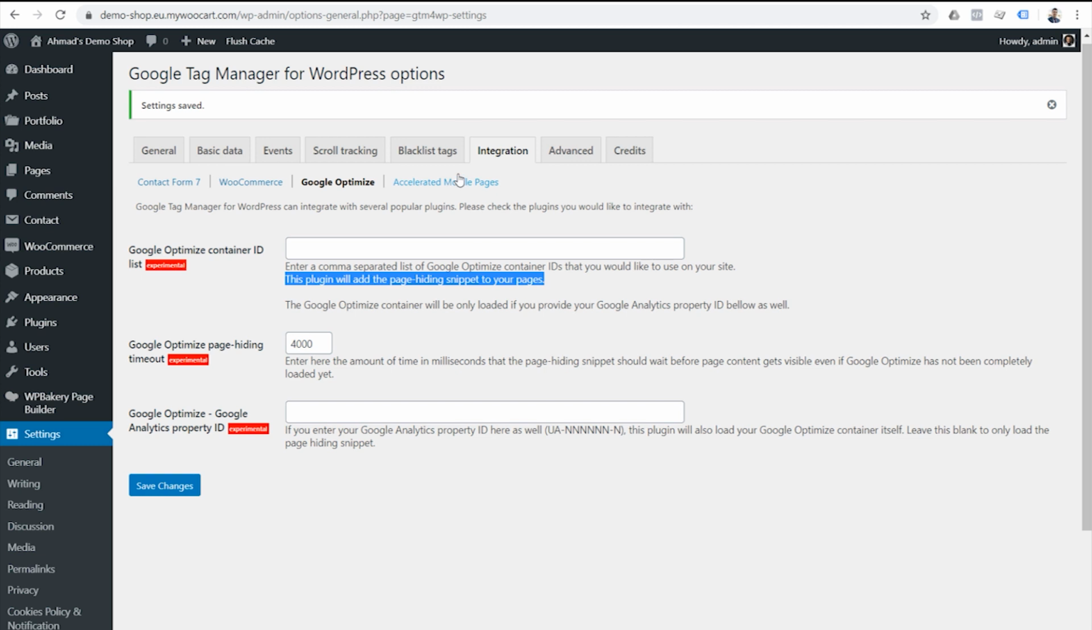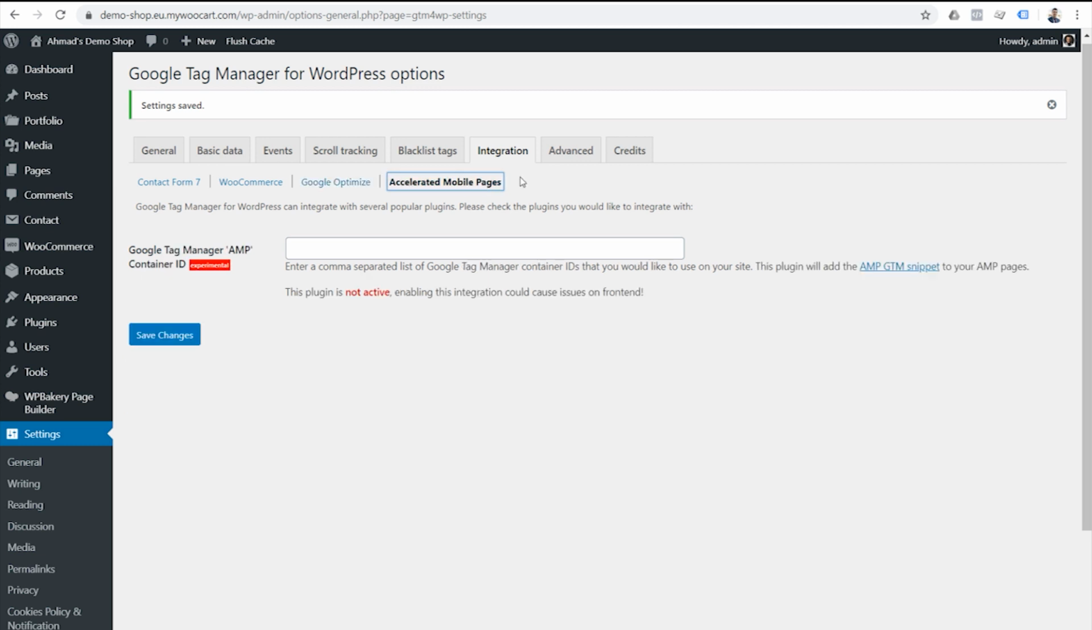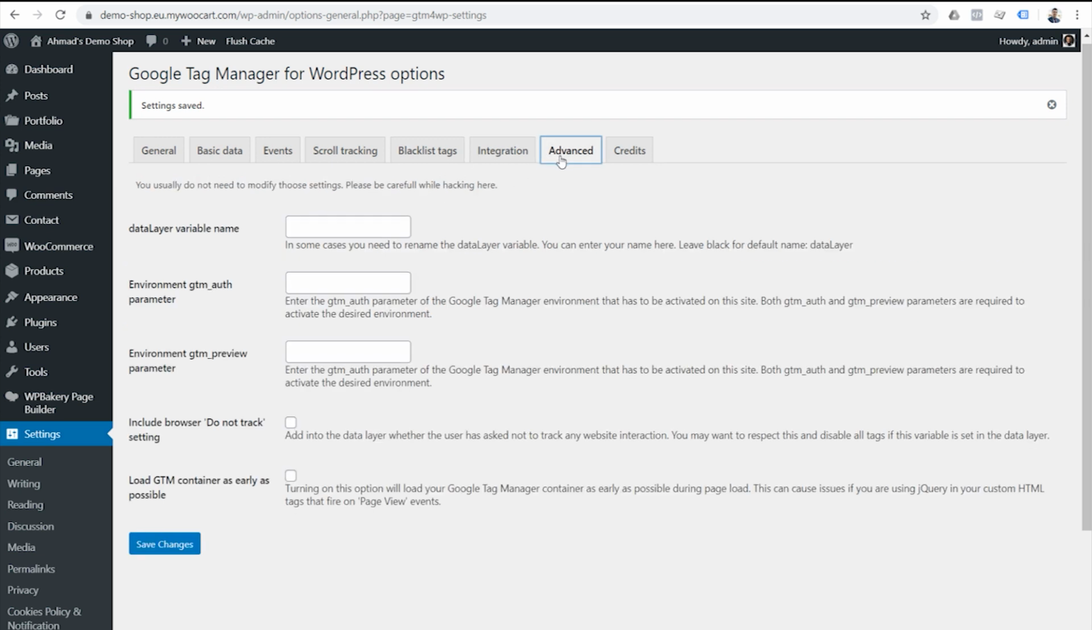flicker. The next integration that this plugin can help with is AMP, Accelerated Mobile Pages. If you use AMP pages on your website, you can enter a comma-separated list of AMP GTM containers in here, and the plugin helps with implementing them on your website. There are also some advanced features, like what name to use for the data layer and environment, etc., which I'm not going to cover in this tutorial, but the two final checkboxes are actually useful, so I'm going to cover them